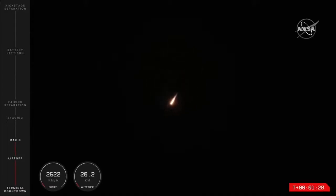dynamic pressure. Now this is the moment when Electron will experience its most amount of mechanical stress as it travels through the atmosphere. And I can confirm from mission control that we have had max Q confirmed, so that was a successful pass through that milestone, and Electron is onward to low Earth orbit. So propulsion appears nominal on that first stage, and the Photon lunar upper stage and CAPSTONE spacecraft remain healthy inside